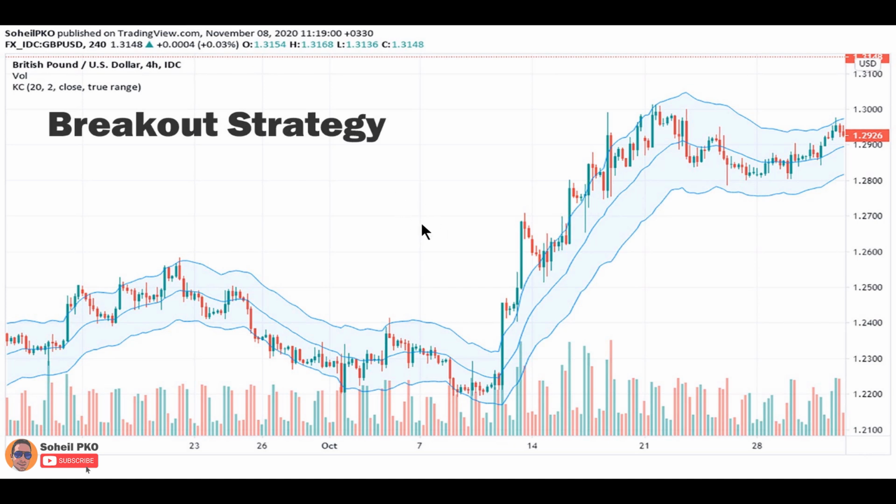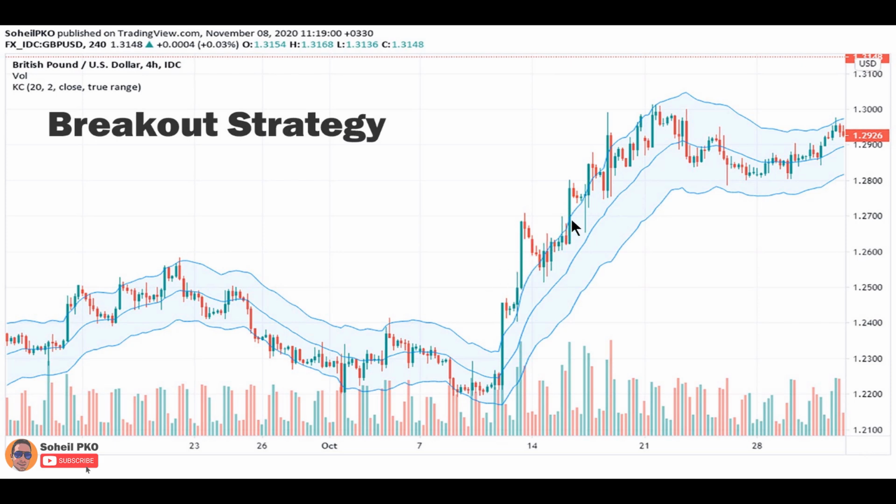Alright, now let's check some trading strategies based on Keltner channels. The first one is breakout strategy. Breakouts of Keltner channels are strong signals of more advancing or declining. When the candle starts to break the upper channel, the move usually continues and the price advances more. As you can see on this chart, here the price started breaking the upper band, and